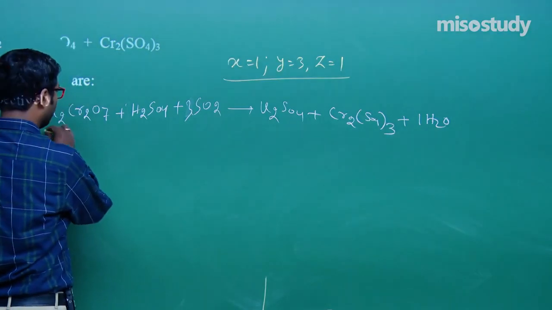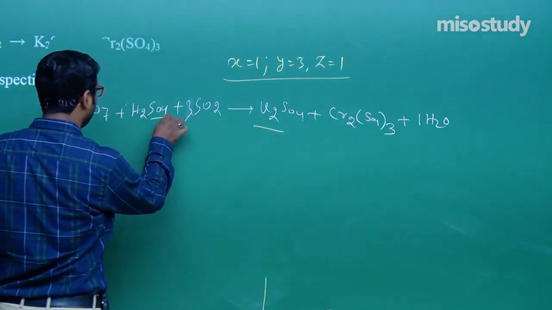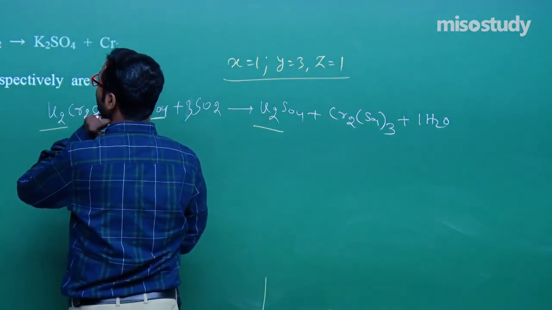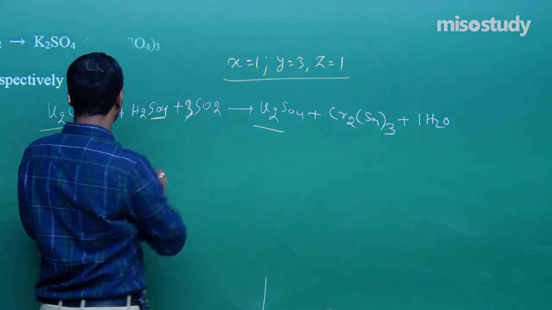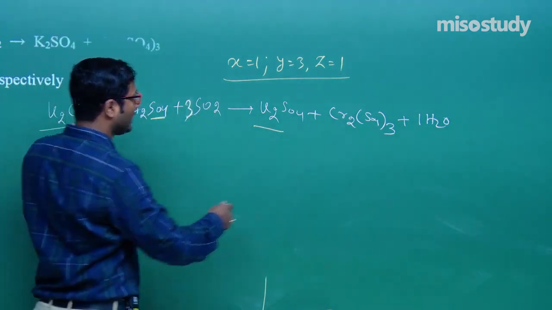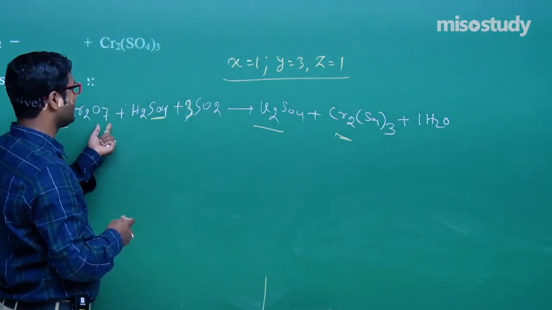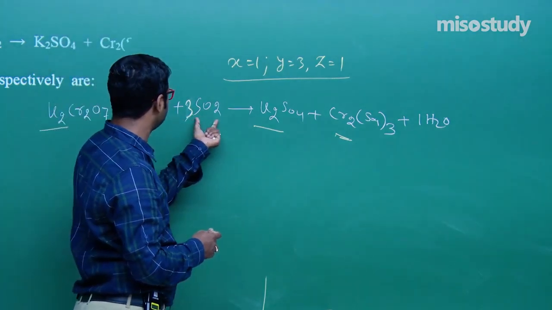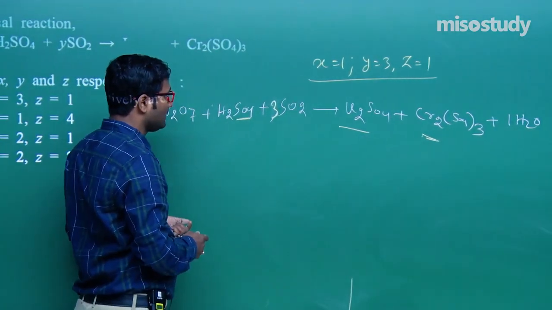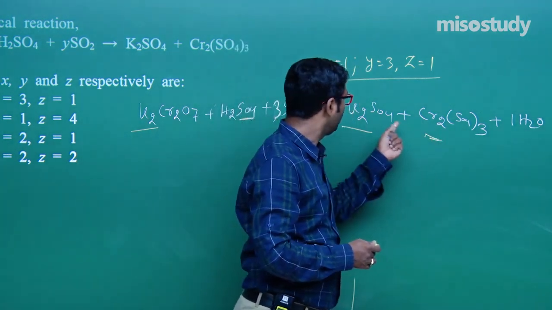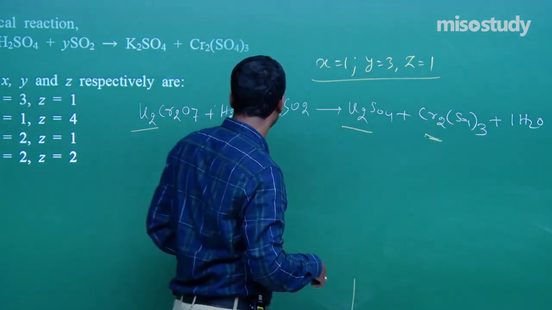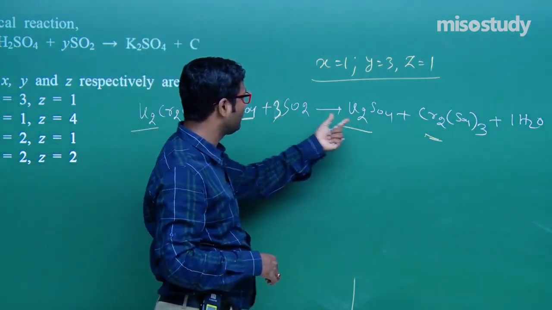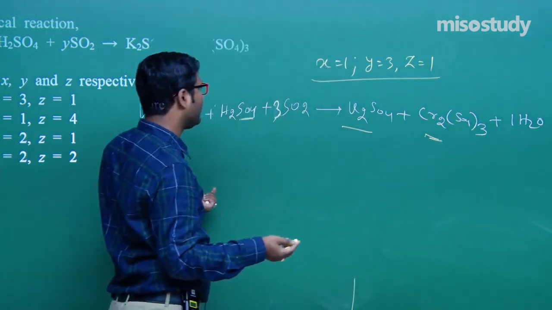Check it out. Potassium 2 times, okay. Sulfate here 1. If I take y is equal to 3, K2Cr2, here is 3, okay. Check out chromium 2 times, okay. Now oxygen here 7, 4, 11 and 6, 17. Check out here 12, 4, 16, 1, 17. Oxygen balanced. Now check out the sulfur, 1 and 4 times, okay, completely balanced.